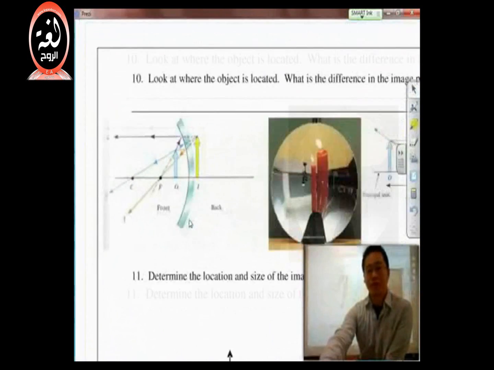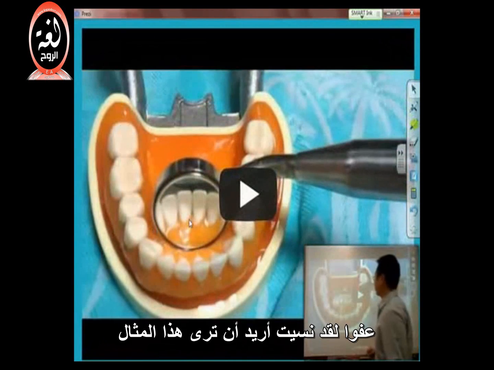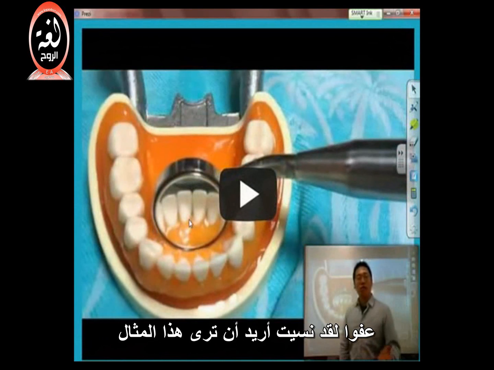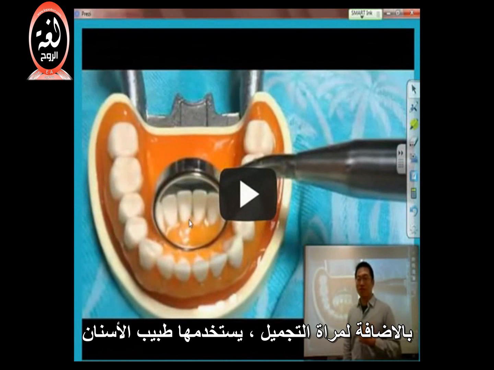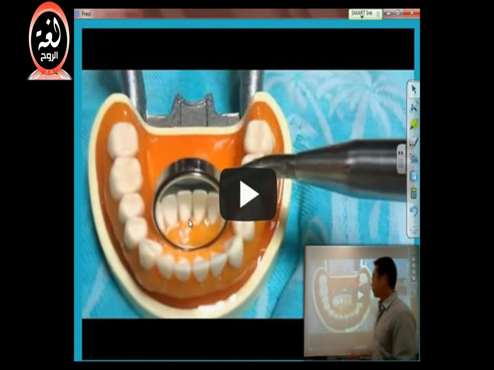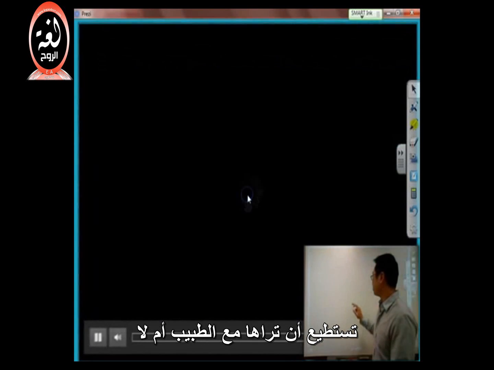Sorry, I forgot an example to show you guys. Besides the makeup mirror, dentists also use this. And you can see over here that with the dentist,